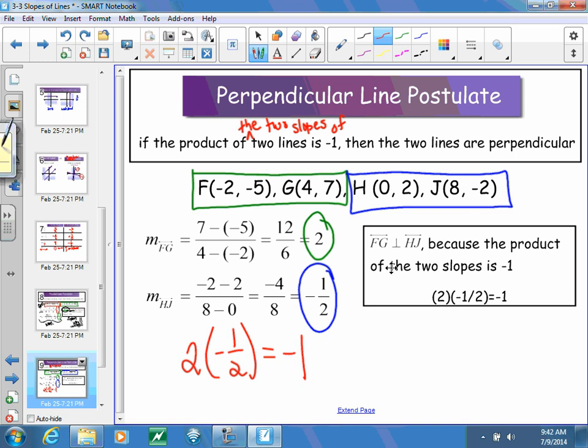And so when I look at my explanation, you have 2 different ways of doing this. You can use the perpendicular line postulate, like I have here. FG is perpendicular to HJ because the product of the two slopes is -1. Or you could go ahead and say that FG is perpendicular to HJ because the slopes are opposite